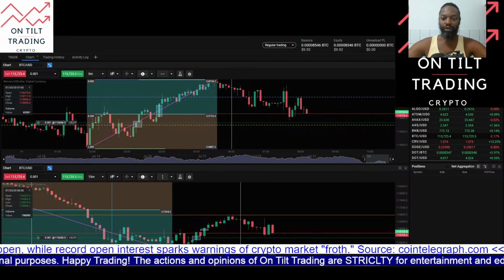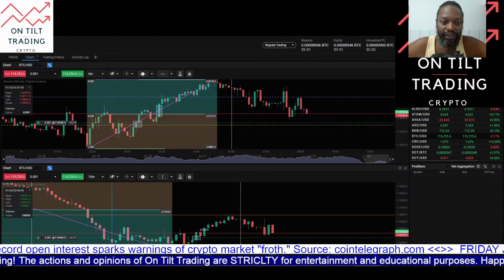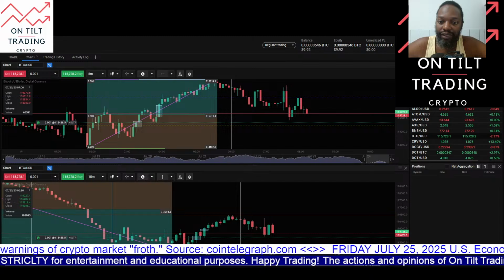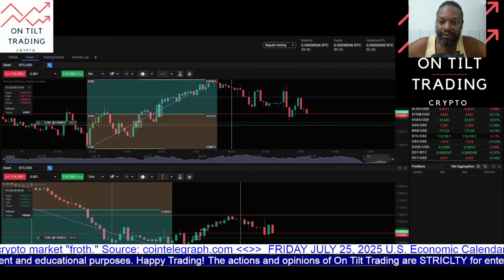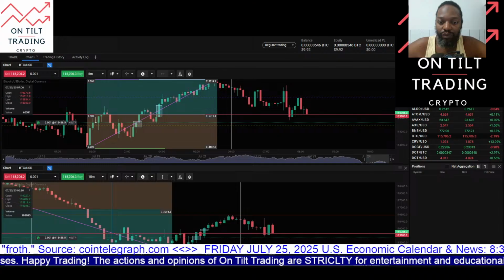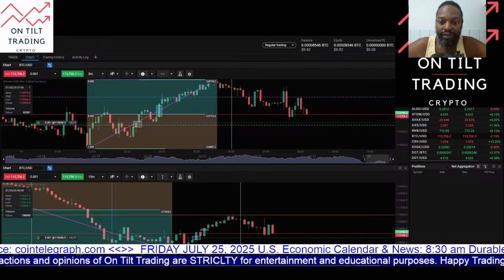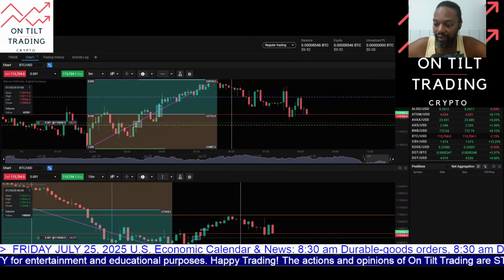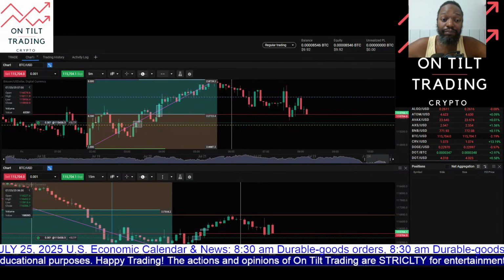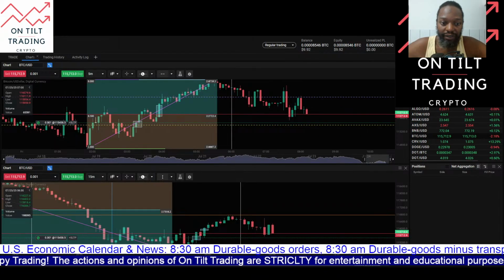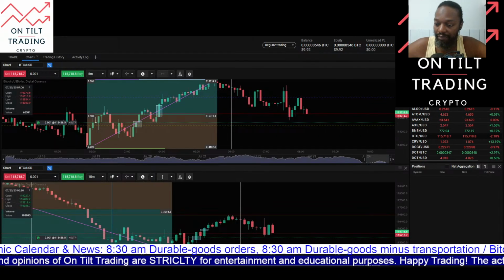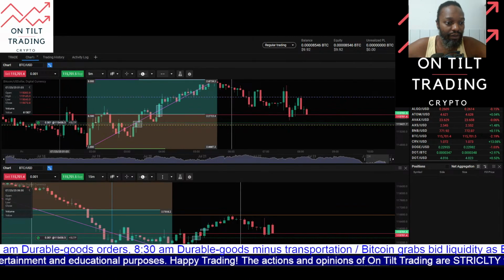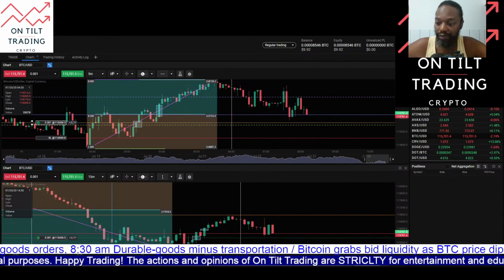You just want to use the more appropriate one for your trading scenario. So since I'm long, I'm using this 8:30 level, and what I want to see is price trade below it, which is what it is currently doing here, and for the most part in this area here. So I want to see price trade below that level, and then I'm focused on this fair value gap entry here, and my stop loss is just below this swing low here